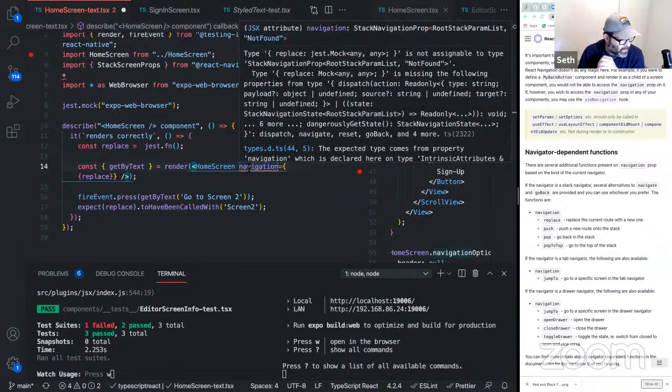So it feels like we need, let's see, replace just dot function. I wonder if the issue is, okay. Jest.mock is not assignable to the type stack navigation prop. I think, for me, it's missing the following.